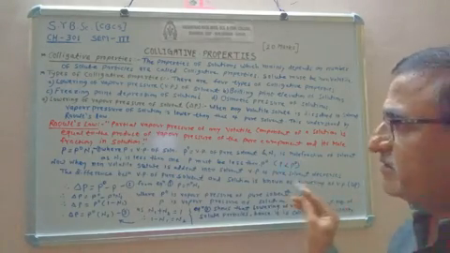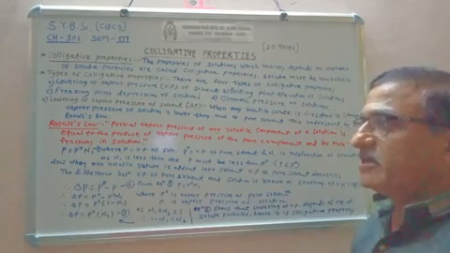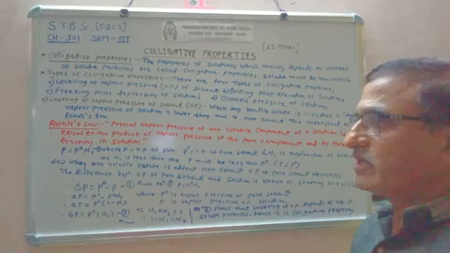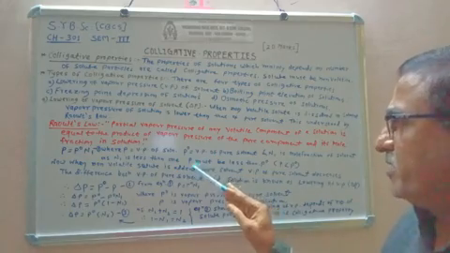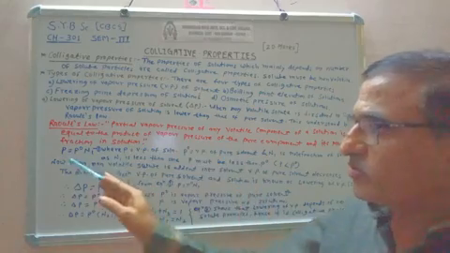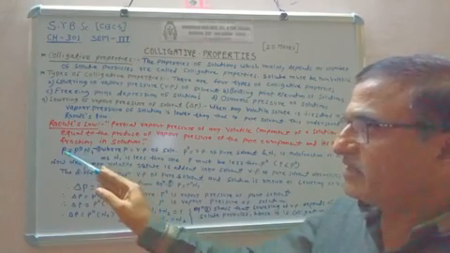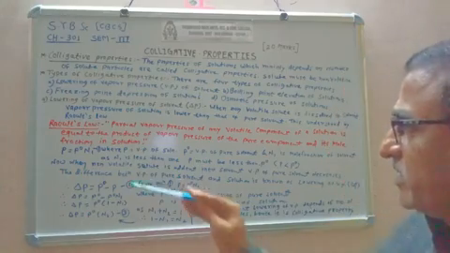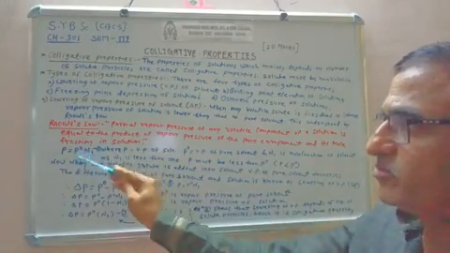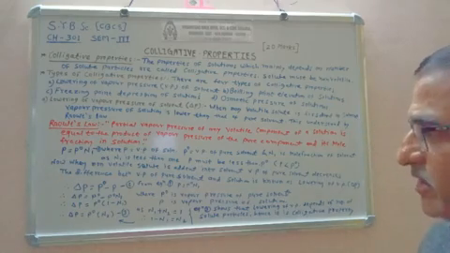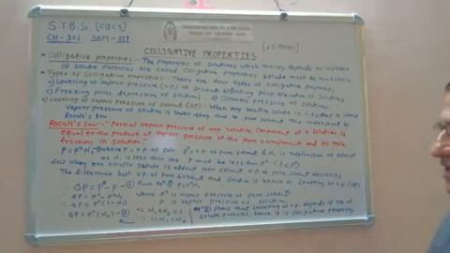Now N1 is less than 1, because N1 and N2 are the mole fractions, and N1 + N2 = 1, so N1 and N2 both are values less than 1. So here P must be less than P0. When N1 is a fraction, the product of these two becomes less, so P is less than P0. When the non-volatile solute is added into solvent, the vapor pressure of pure solvent decreases.